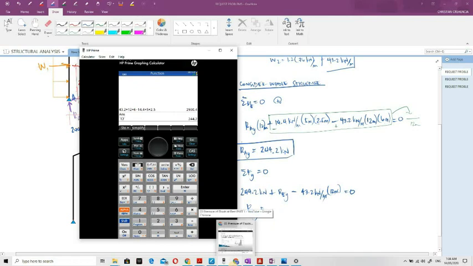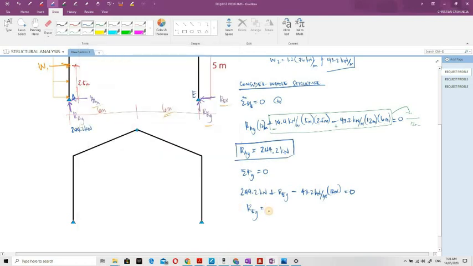Okay, so 244.2. So actually mana to, no? Ita-transpose natin yung 43.2 sa kabila, magiging positive, then 244.2 pag transpose sa kabila magiging negative. So unahin ko na yung 43.2 kilonewton per meter times 12, then minus natin kapag na-transpose yung 244.2 kilonewton. So makuha natin yung REY. Okay. So we have 274.2